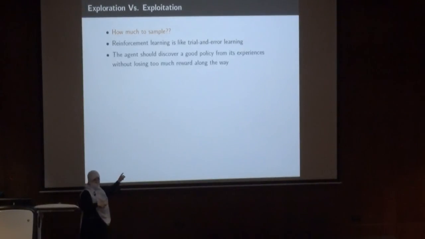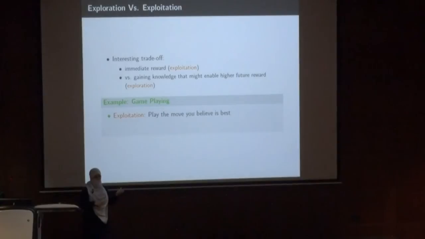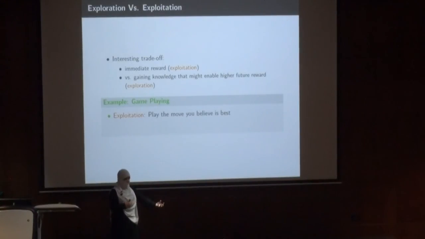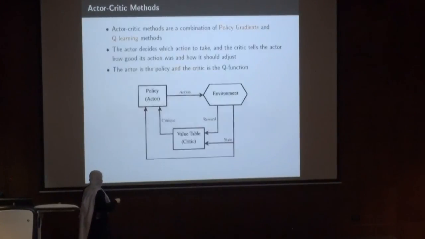Okay, this is a very important concept, which is how much can we explore. Let's assume that the reward function and the transition function are not known. So I have to go and explore. So now if I know that this state has a reward of +1, I think that this state has a reward of 0.1. But I don't know what is after these states. Do I actually go to the state that has a higher reward, and then probably I will have a higher reward, or do I explore the state that has lower reward, but probably that will lead me to higher rewards? And this is a very big trade-off in reinforcement learning, that's called exploration versus exploitation.